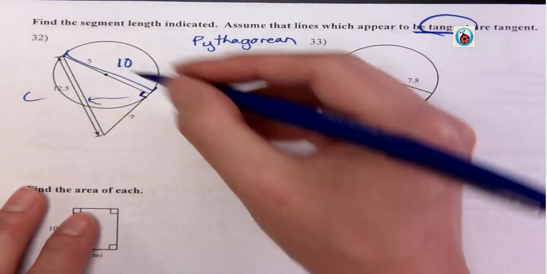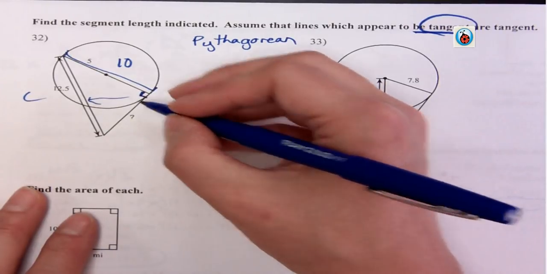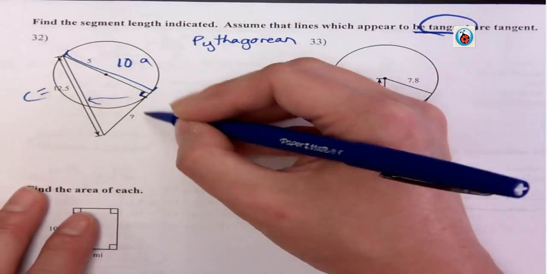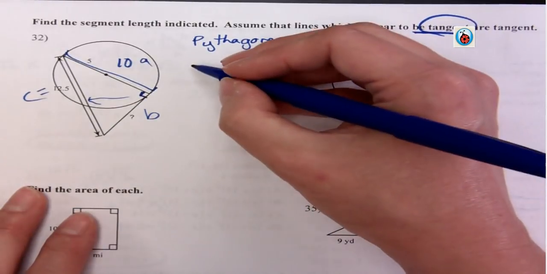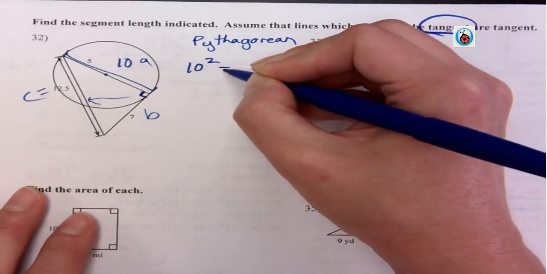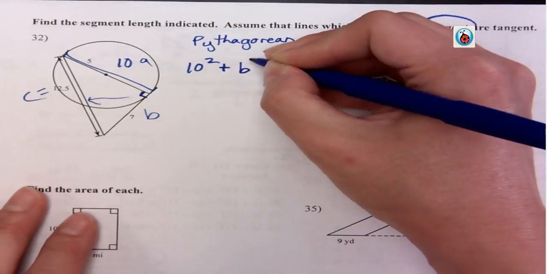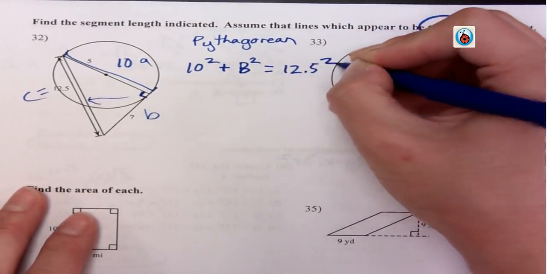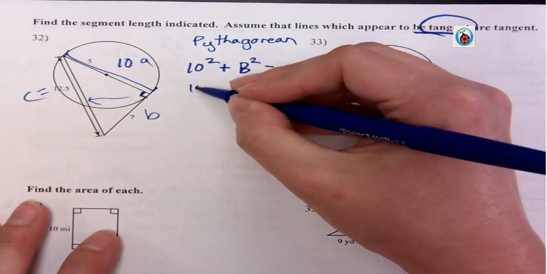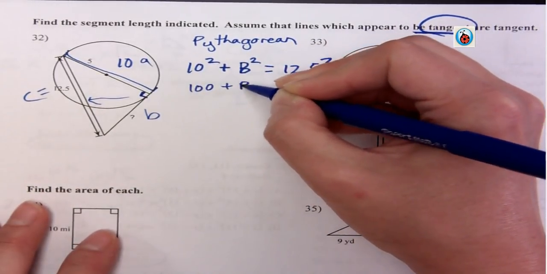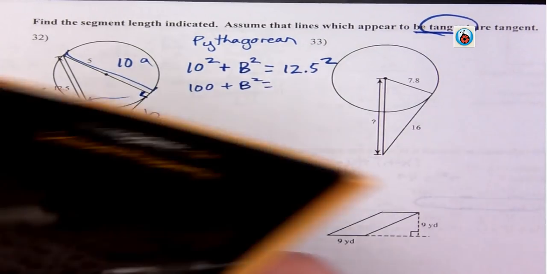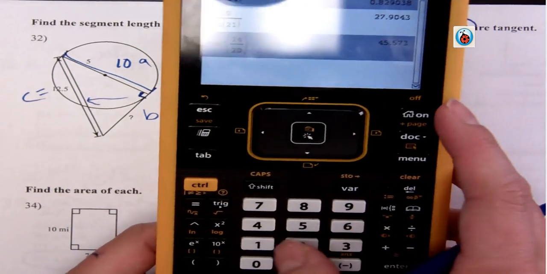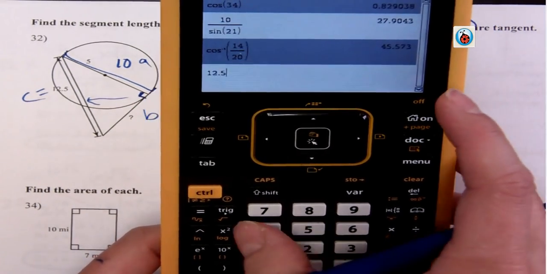So 5 is the radius, and that would be my A and B. So I have 10 squared plus my B squared equals 12.5 squared. That gives me 100 plus B squared equals 12.5 squared,